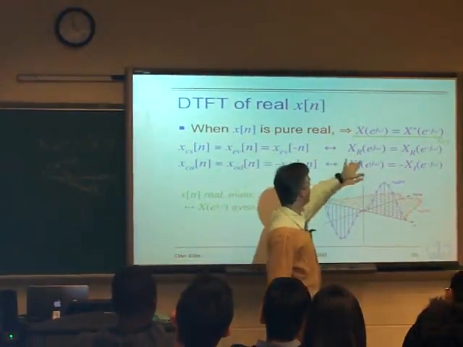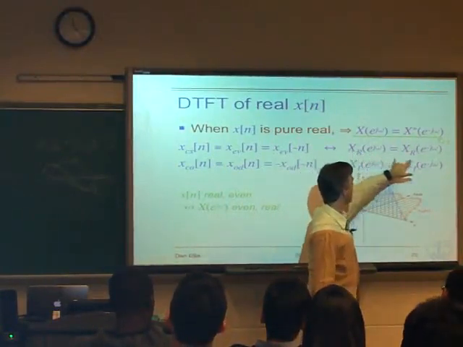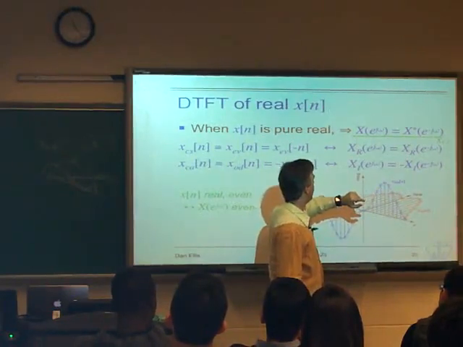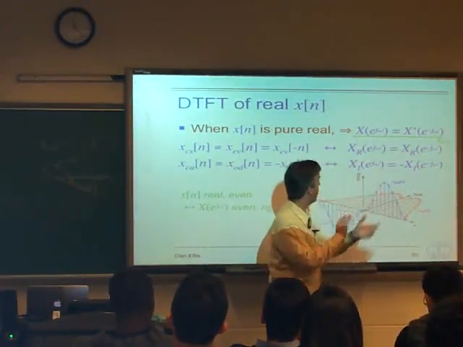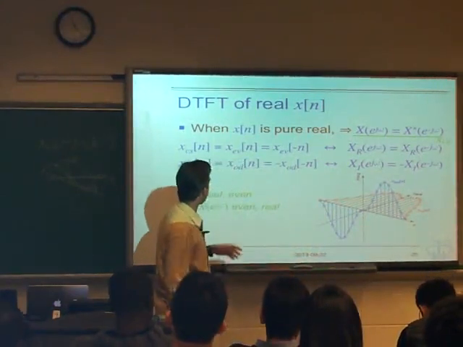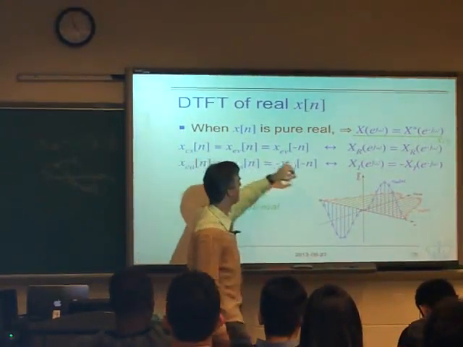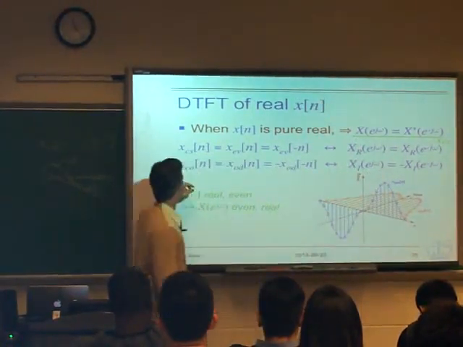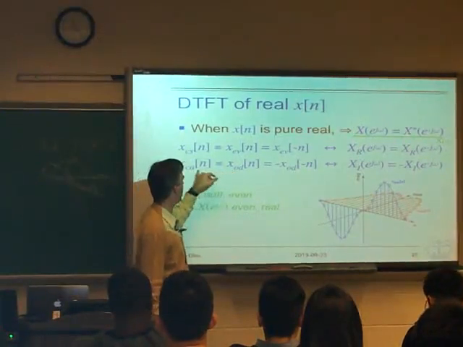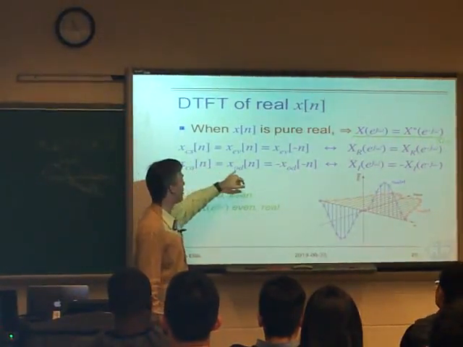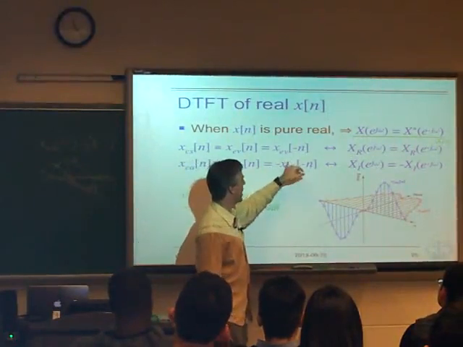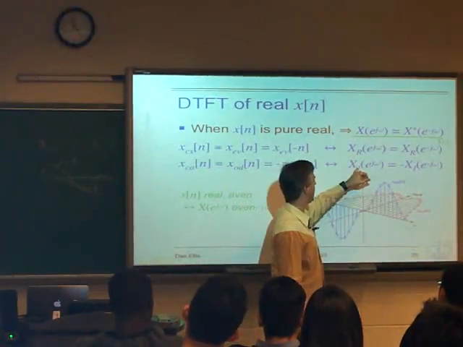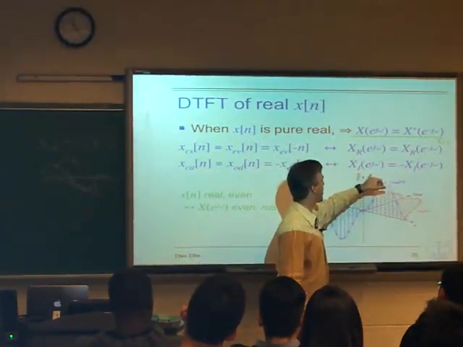Well, from that, we know that the Fourier transform is also equal to itself reflected around the omega axis. But the conjugate symmetric part is the real part of the Fourier transform. So it's saying the real part is even. And if we have the conjugate antisymmetric part, then we're saying that if x is real and conjugate antisymmetric, it means it's odd, which means that it's the negative part time. But the conjugate antisymmetric part is the imaginary part of the Fourier transform, and so we're saying that has to